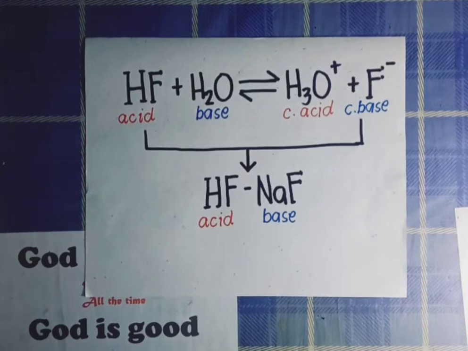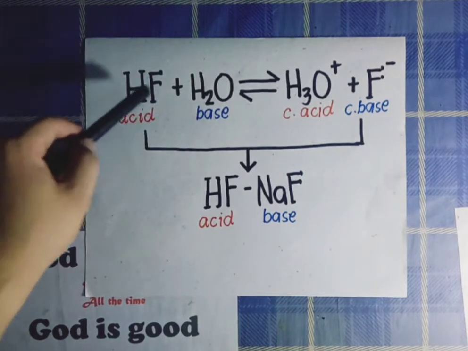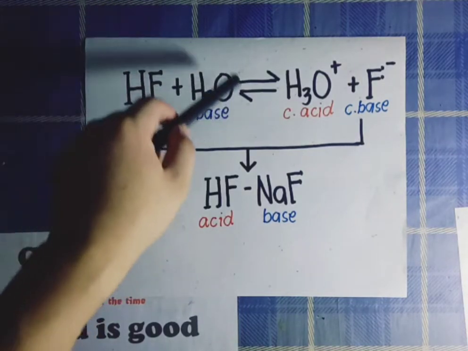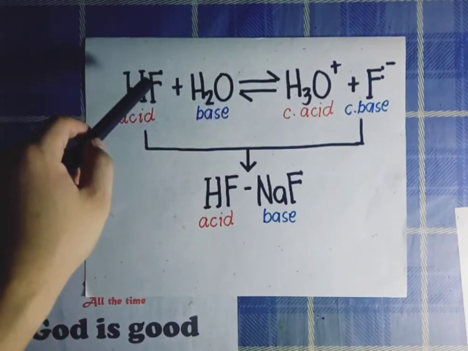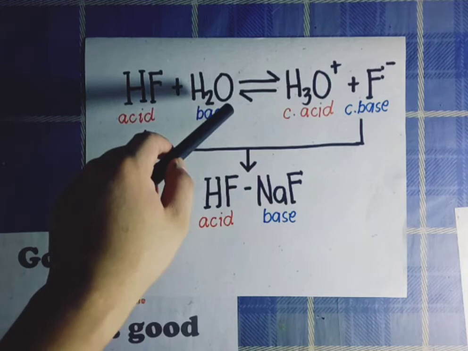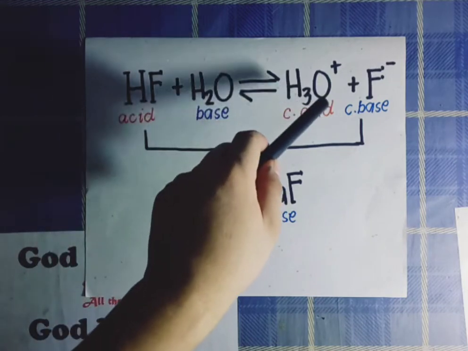One of the things that we learned in our past discussions is the Bronsted-Lowry acid-base mechanism. Here, we learned that a water molecule can act both as an acid or as a base. For example, when hydrofluoric acid is dissolved in water, water will act here as a base. As an acid, hydrofluoric acid will donate hydrogen to the water, and the water molecule will now turn into hydronium ion